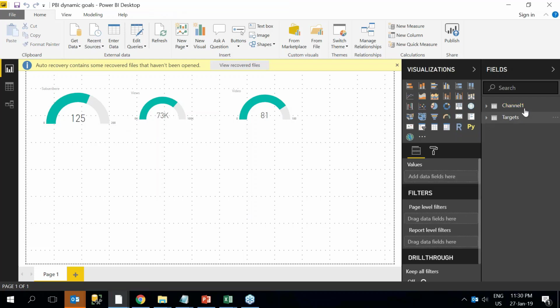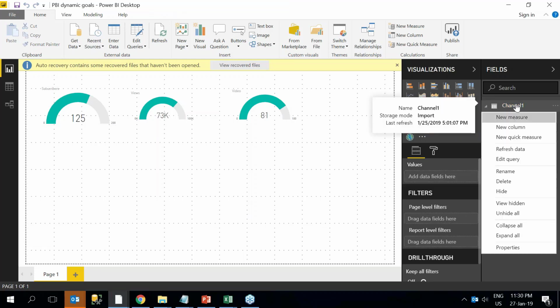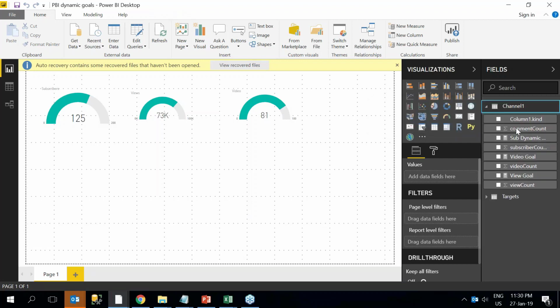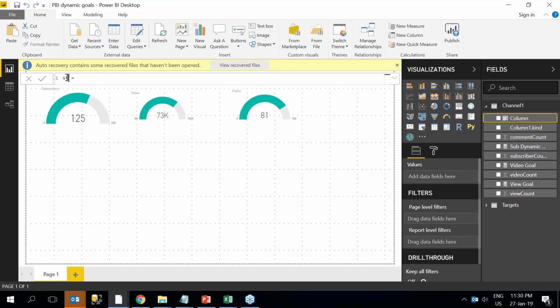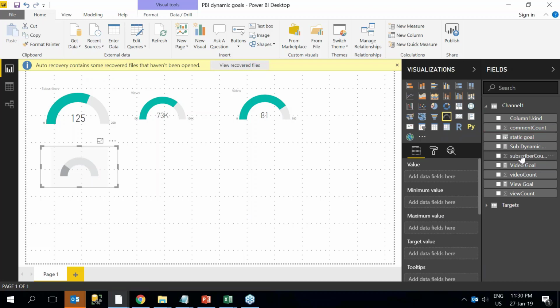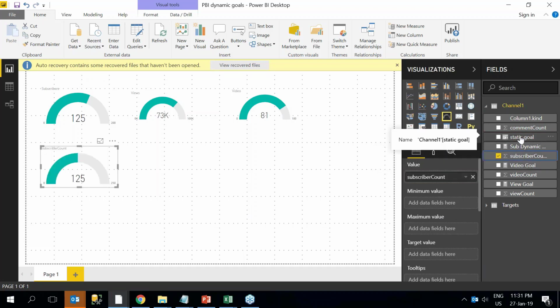If I just want a static goal, I can create a new column and set a static goal of, let's say, 500. Then if I create a gauge with the subscriber count and the static goal as the target value,